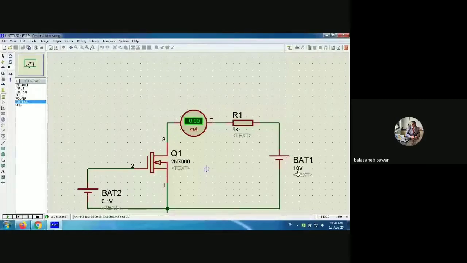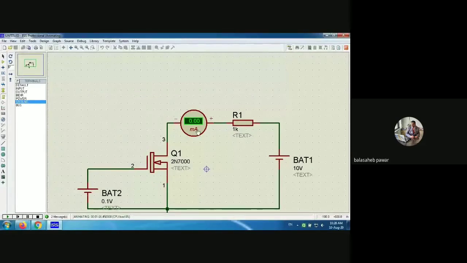So what is expected? As it is at 10 volts, there should be a non-zero current in this output loop, right? But that current is only 0 milliampere. Why is it 0 milliampere? Because whatever VGS is applied is less than the threshold voltage of this transistor. That's why we call this input voltage a controlling voltage, as its amplitude controls the amount of output current flow, and that is the drain current. Currently it is 0 milliamperes only, right?